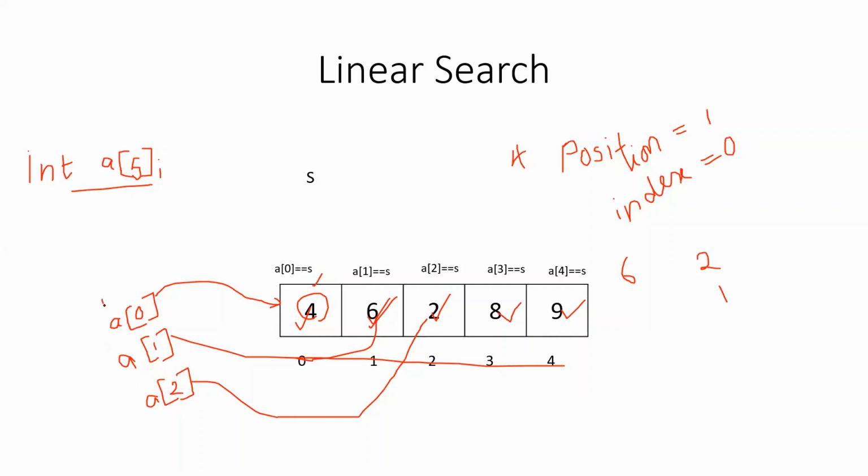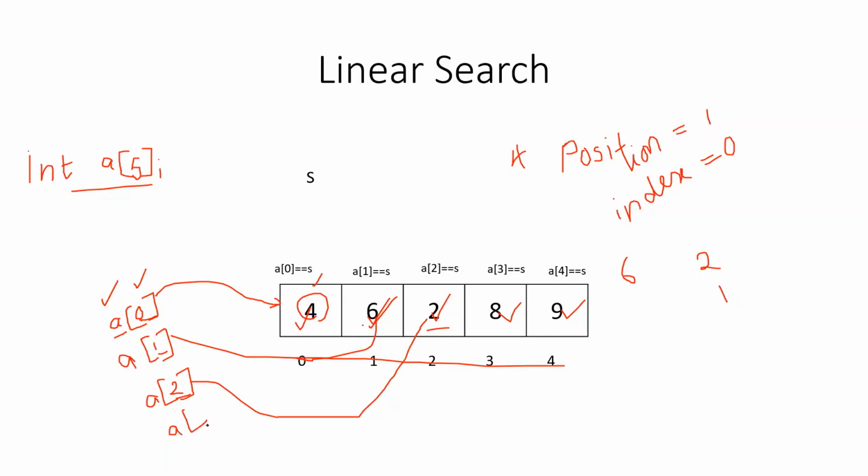What is the array variable name? A. Just now we said an array of elements is a sequence of elements which are referred to by a single variable name, which is our variable name A, and with one subscript. But for referring to all these numbers, we have to keep changing the one subscript value. If it is 0, it will refer to the first number. If it is 1, it will refer to the second number. If it is 2, it will refer to the third number. Got it? So when you are writing a program, you always have to make use of the index number.